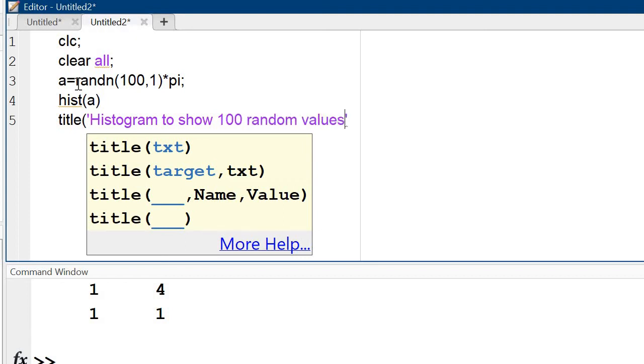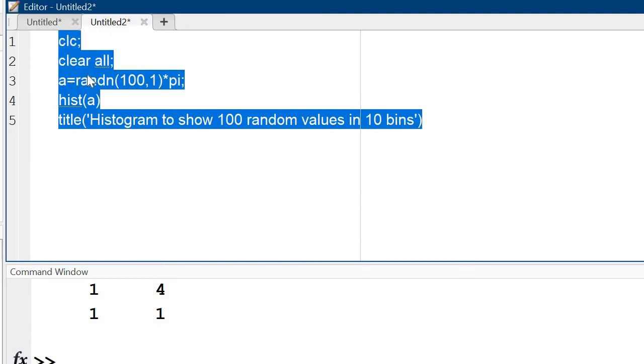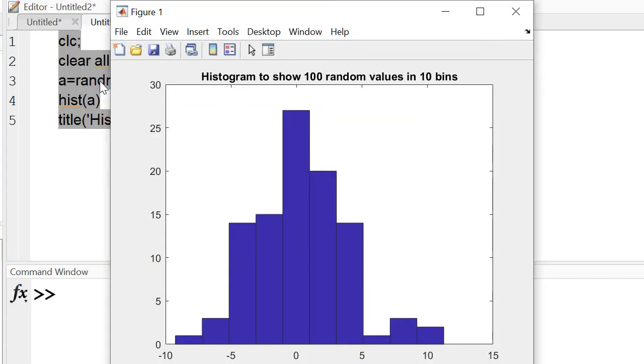Correct? 100 values in 10 bins. Okay, this is my title. So this is the histogram for the random values. Correct?